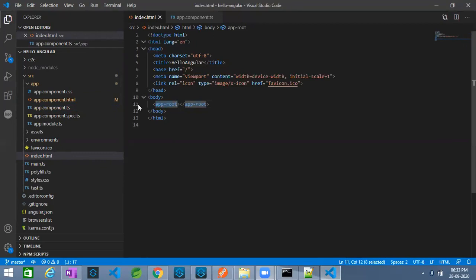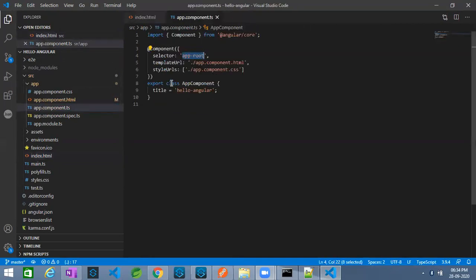Whenever your browser encounters this app root, it will check in your code: do we have any class whose selector value is app root? It was checked and it will identify, okay, there is a class whose selector is app root.